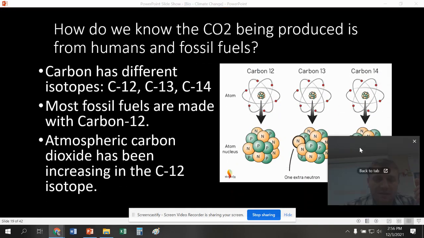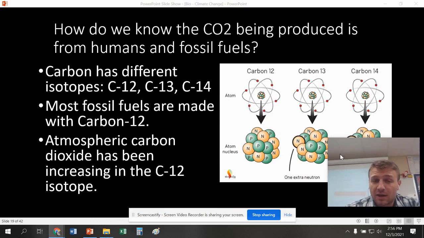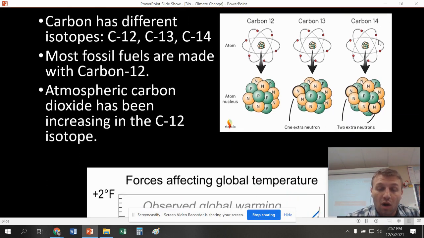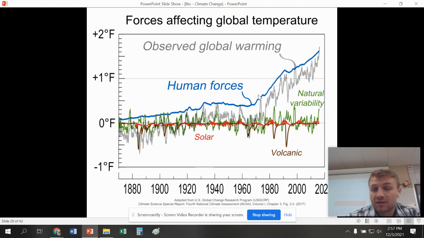How do we know it's us that's creating the CO2? Could be maybe a natural source. Well, we know it's our CO2 because most fossil fuels contain carbon 12. It's an isotope of carbon, and we're seeing atmospheric CO2 levels with the C12 isotope increasing. We know this is due to our carbon emissions because of that C12. I know it's a very abstract thought. It's very difficult to understand, but understand that the evidence shows that yes, it's our CO2 that's causing this